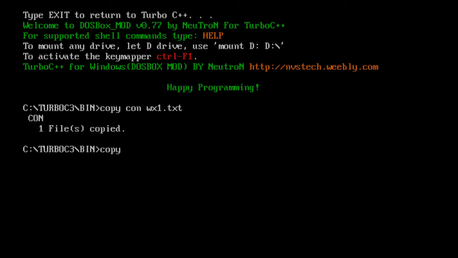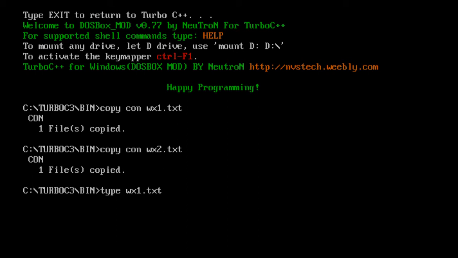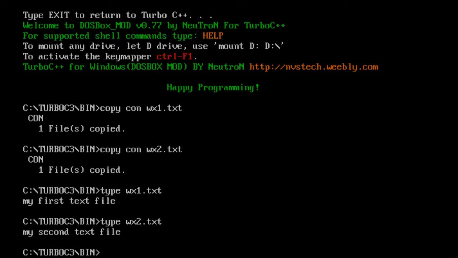I'll create another text file with the copy command, wx2.txt, my second text file. Let me display the contents of both the files by using the type command, wx1.txt and wx2.txt. So I have now created two text files with two different contents inside them.